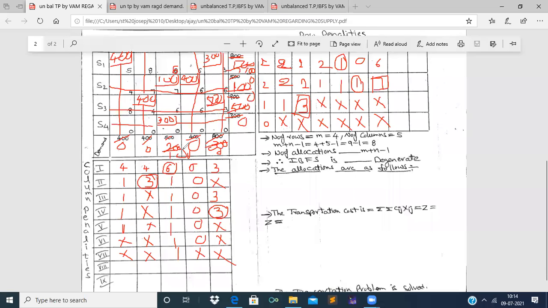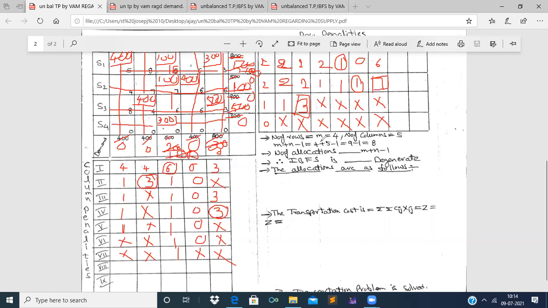And now if we observe carefully, only one cost is left, that is 6. Its corresponding supply is 100 and its corresponding demand is also 100. See here how perfectly we have allotted all the allocations. Therefore we allocate this 100 at a time. So make this 100 0 and make this 100 0. Now we strike off column and we strike off row. So with this we have finished the process of allocating.